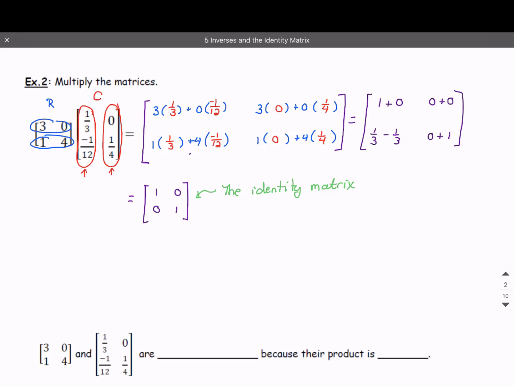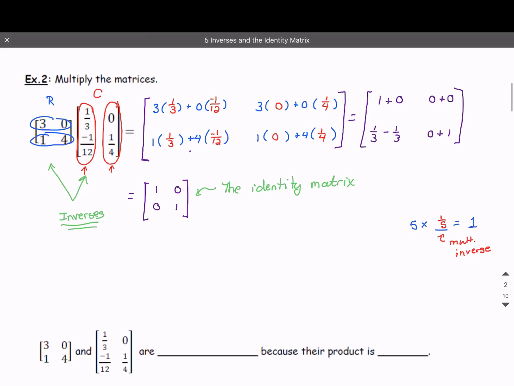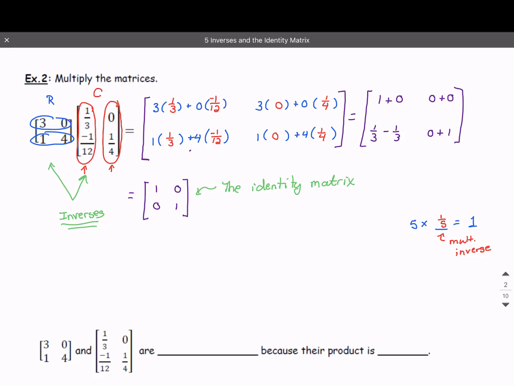Well, wait a minute. Let's think about regular arithmetic for a minute. If we had something like 5 times something gives us the identity 1, what would we have to multiply by? We would have to multiply by 1/5 because that's its multiplicative inverse, which means these two matrices that we started with are inverses. So these two matrices, 3, 0, 1, 4, 1/3, 0, negative 1/12, 4, are what we call inverses because the product is the identity matrix